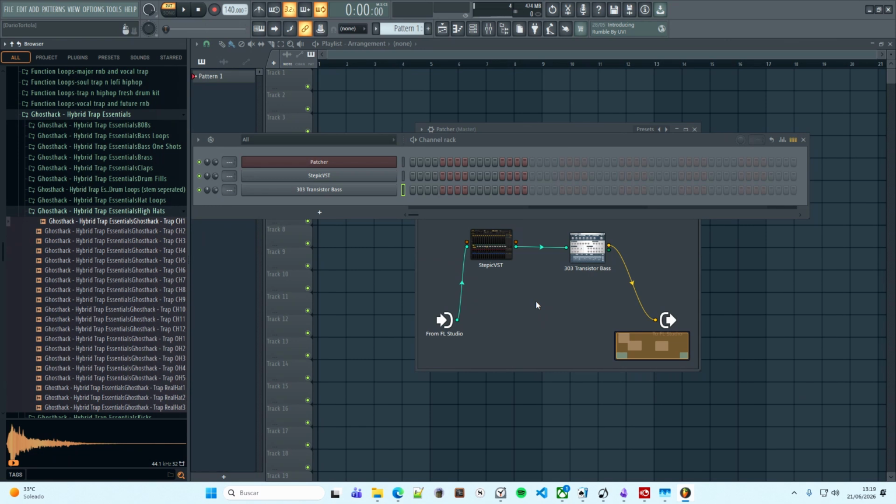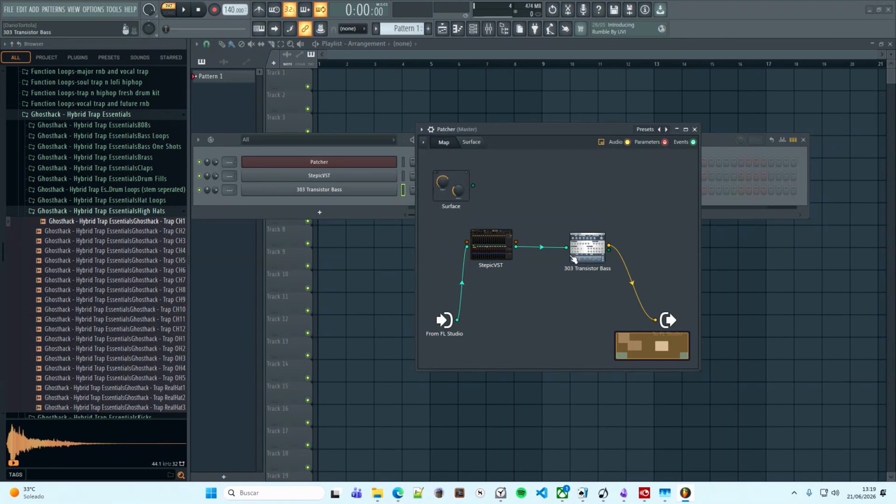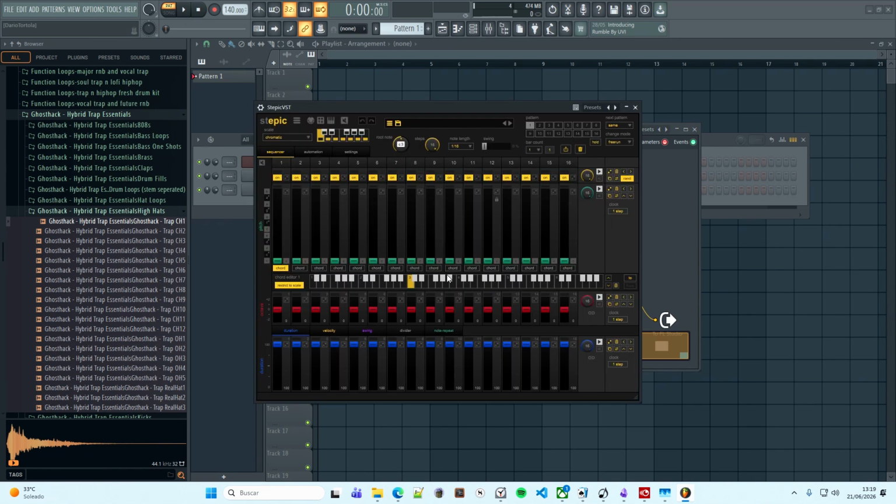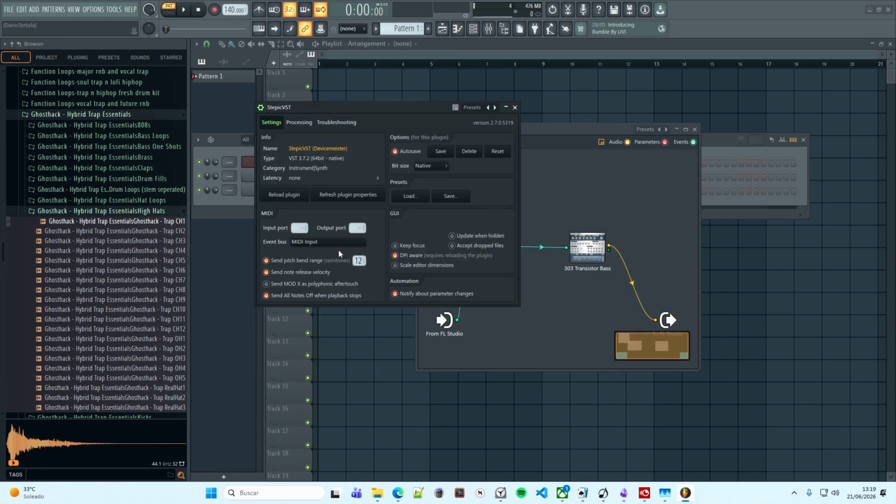Now, Dominik Starke created a plugin to solve this problem. How can we use this plugin? There are two ways. The plugin has two versions, one to be used from the mixer, one to be used from inside Patcher. Let's say that we have Stepic and we have transistor bus. We configure Stepic to send information through port 0,